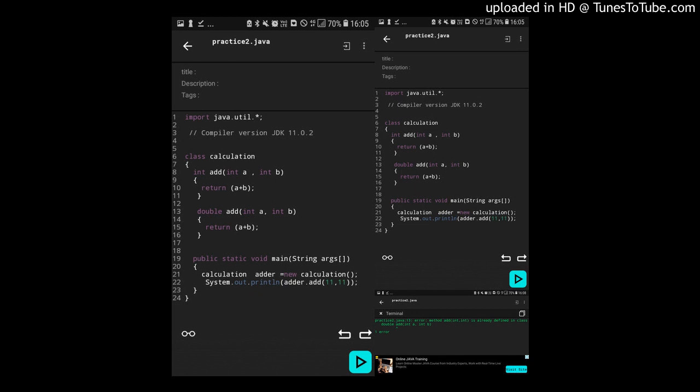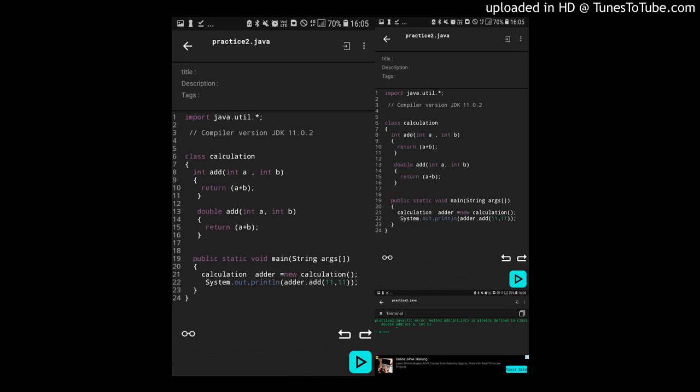But instead of doing that, if we do something like this: for the first add method, integer will be the return type, that is int add, first argument will be of integer type, that is int a, comma, second argument will be of integer type, that is int b, and within the method body we write return a plus b.